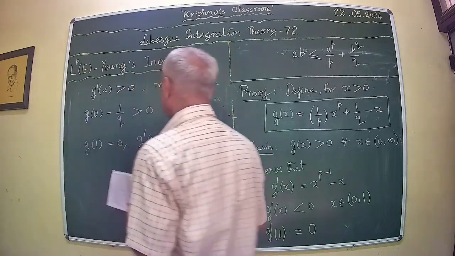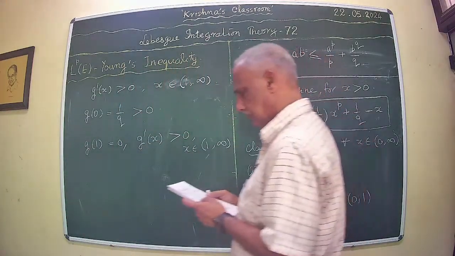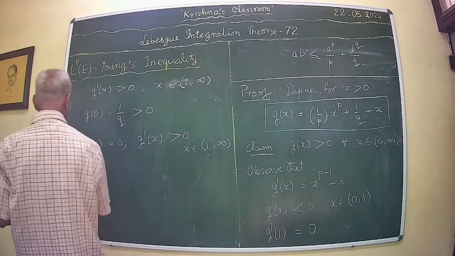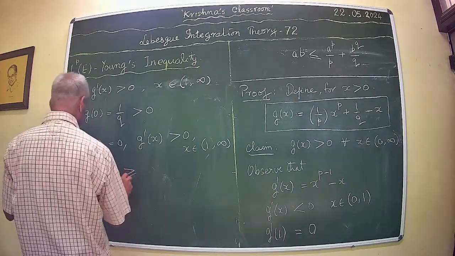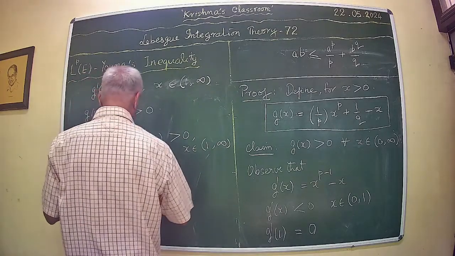Now this is what we have established, which implies g derivative of x is greater than or equal to 0 on